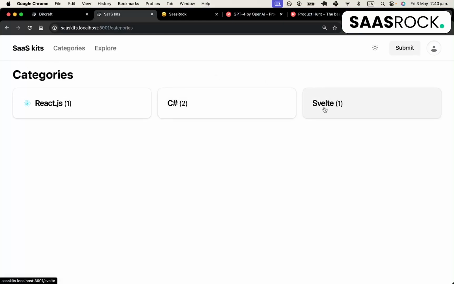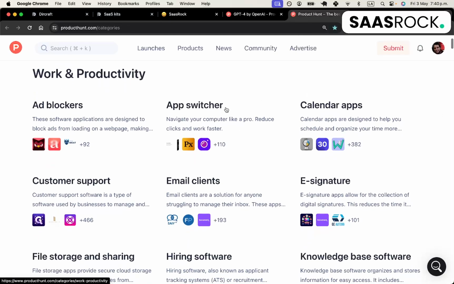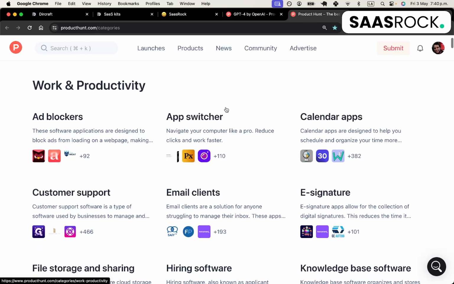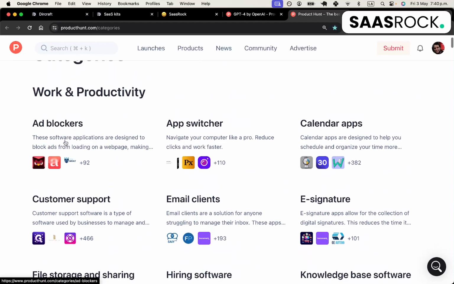And we need to make this icon a little bit bigger, or we can implement how Product Hunt does it. Well, but they don't have an icon for each category. They instead have some listings on the specific categories. So we could do that. I mean, add some icons. I think that looks nice. So